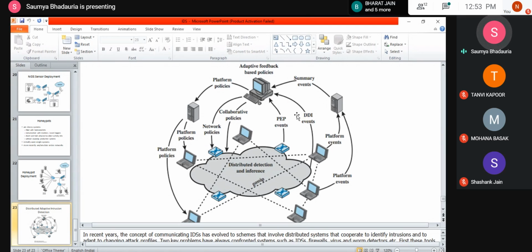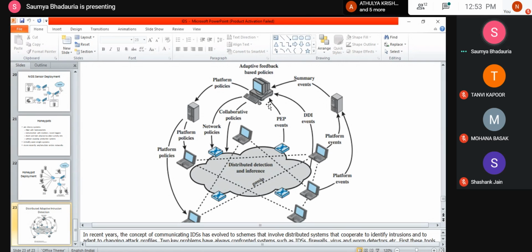So these are normally referred to as those events, and it would be present on the platforms which have the IDS installed on it. Okay, these events will help the central system to decide and to classify the behaviors as